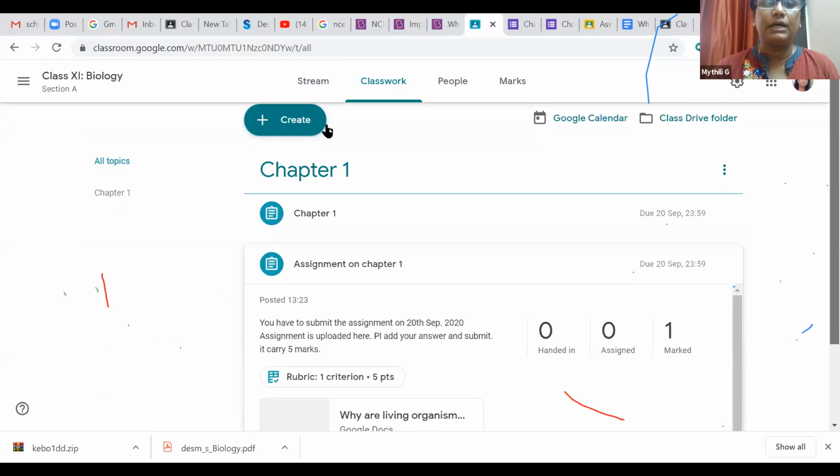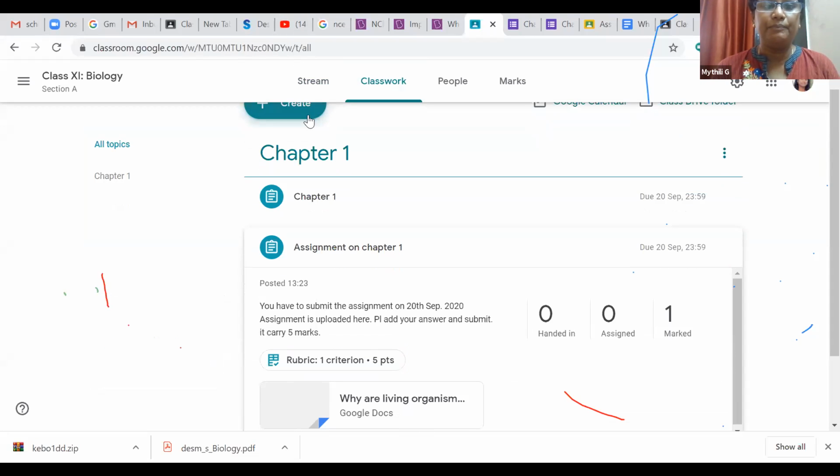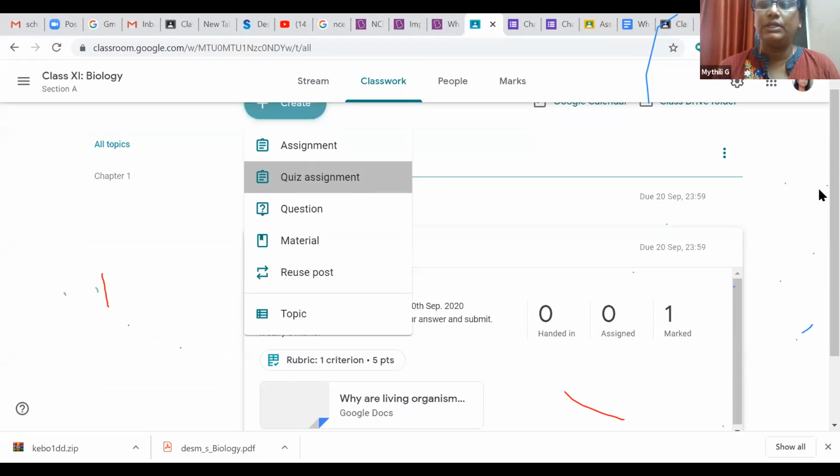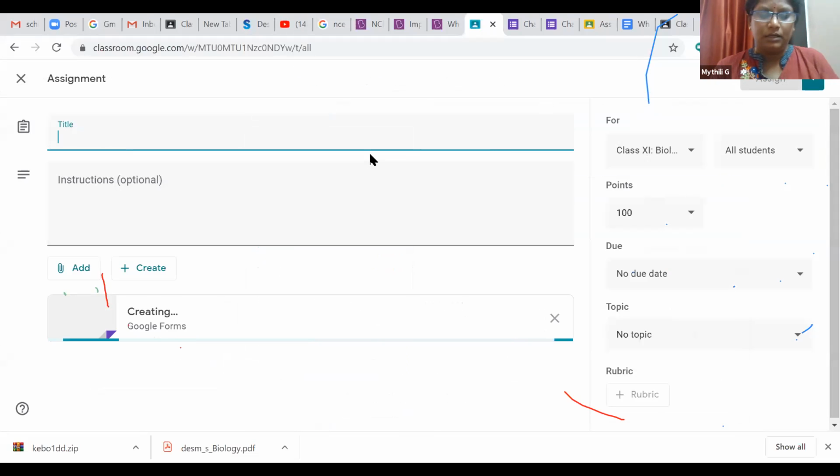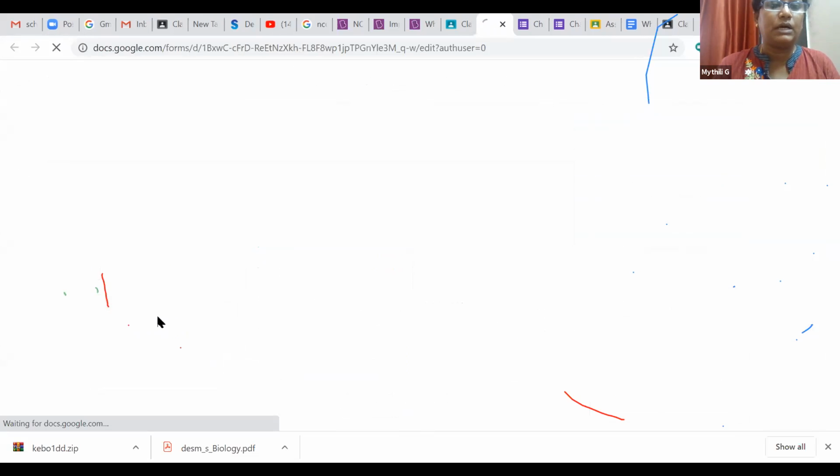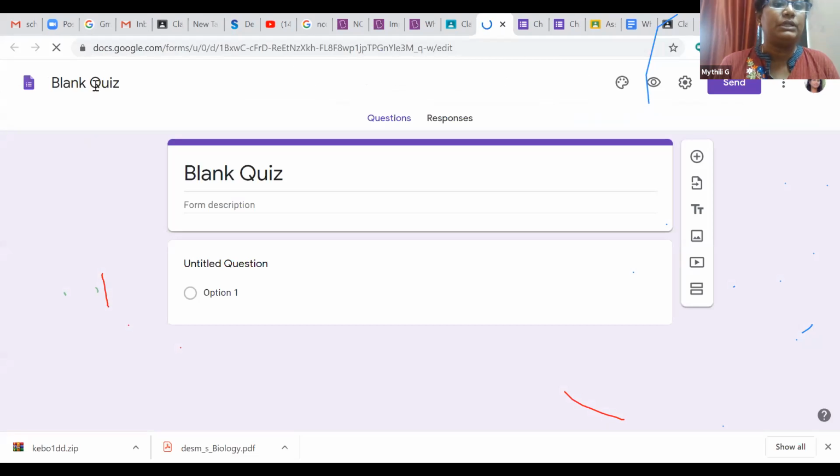So I will create another assignment quickly, a quiz, so that you will be able to find the logic. I will name it quiz logic, so that I can add this one. So this blank question I will create here and put a name here.